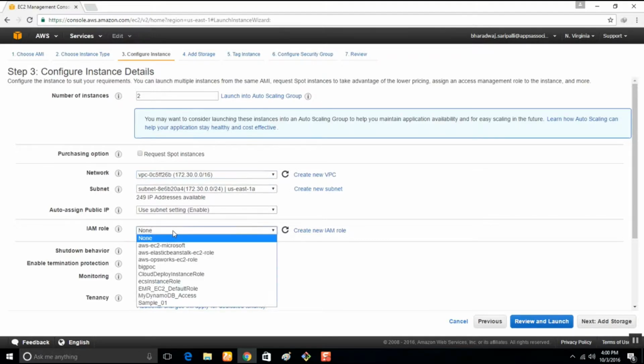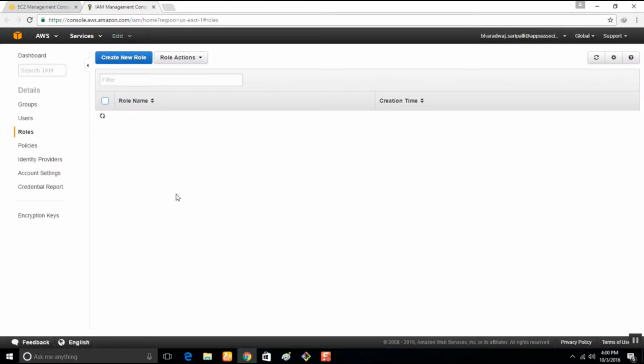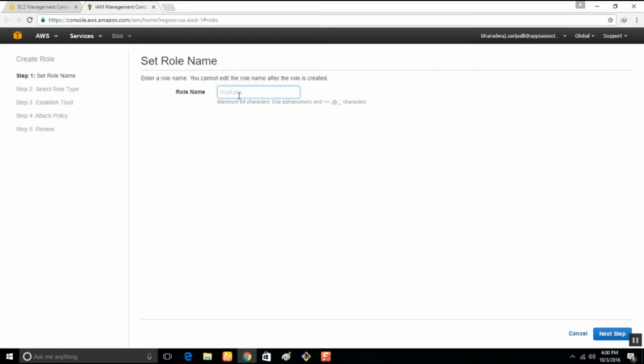Subnet, leave blank. For IAM roles, I forgot to tell you, for CodeDeploy we need an IAM role that has CodeDeploy access. Let's create a new IAM role. Create role. Ours is demo hello app cd. It's good practice to give this at first.